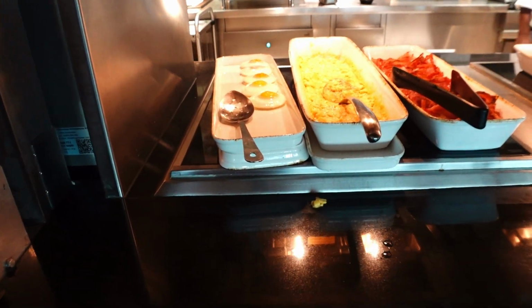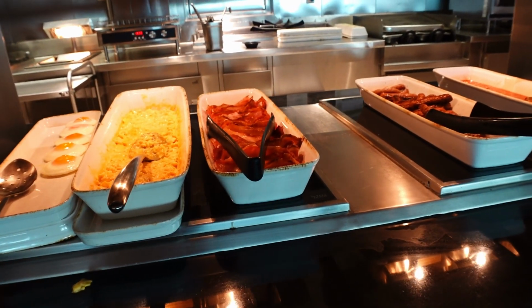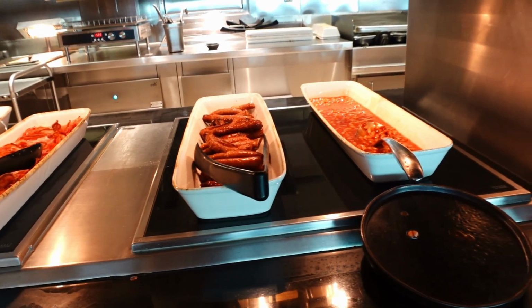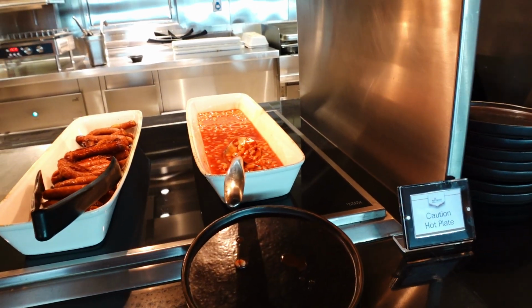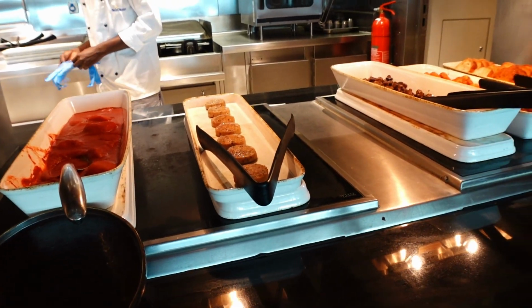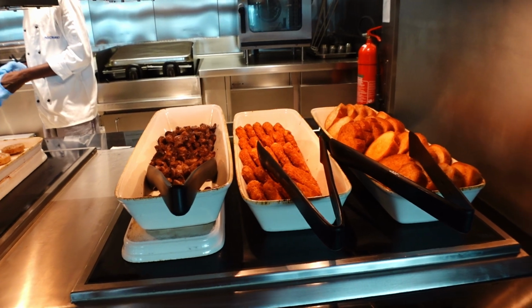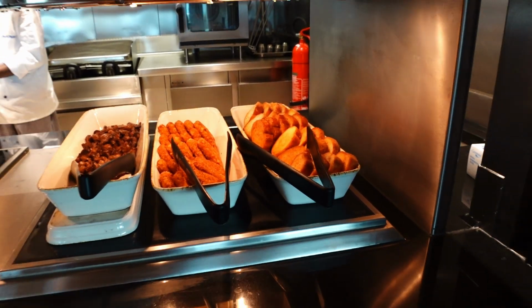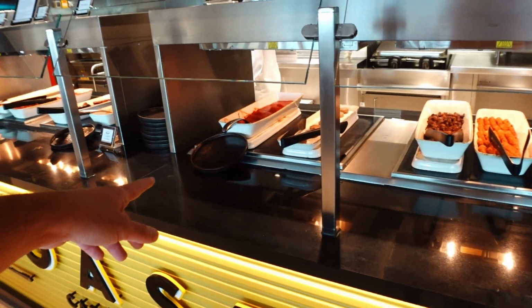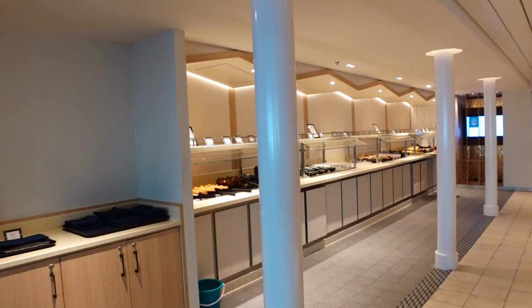So they've got some fried eggs, some scrambled eggs, we've got some back bacon there, then there's some breakfast sausage and some baked beans. There is some plum tomatoes and juice, some white pudding, then we've got some small mushrooms, some hash browns and some fried bread. And that is pretty much it. You just pick up a little plate there and help yourself. Then just round the corner from Roast, we've got